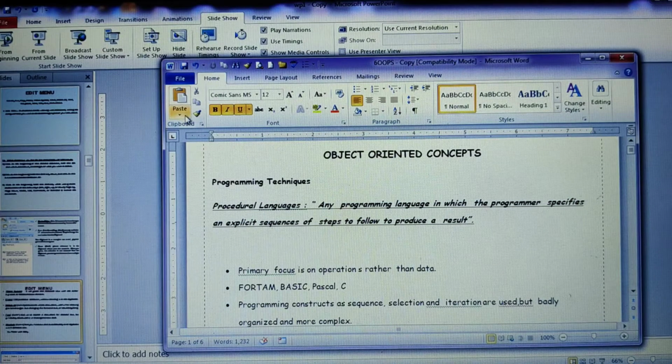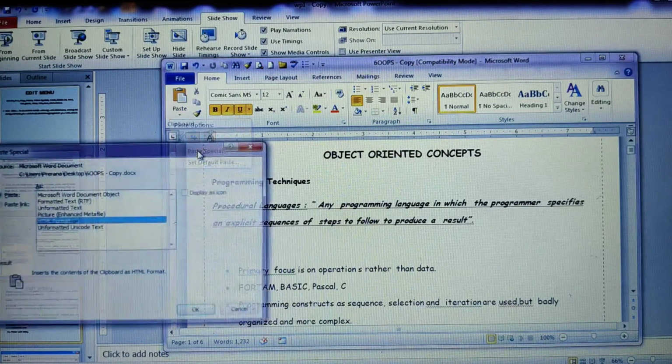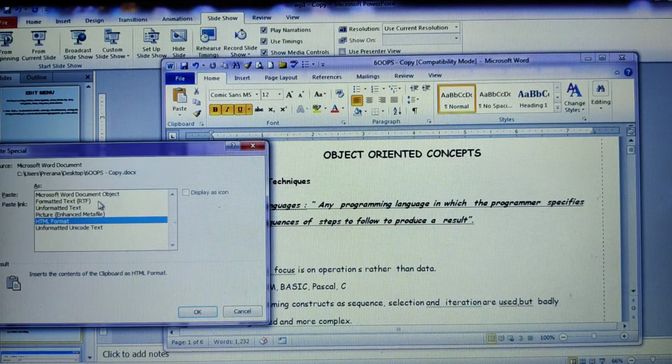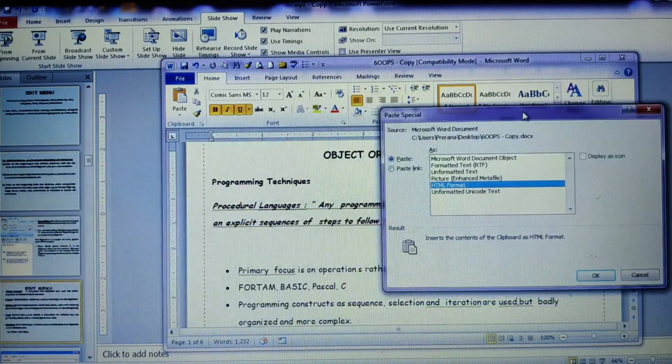This time I will not go for the paste. If you click down here, you have an option known as paste special. Just click on paste special. You have different formats. Which format do you want? Microsoft Word document format, or formatted text as in the case of RTF. If you choose RTF, it will copy the text data.